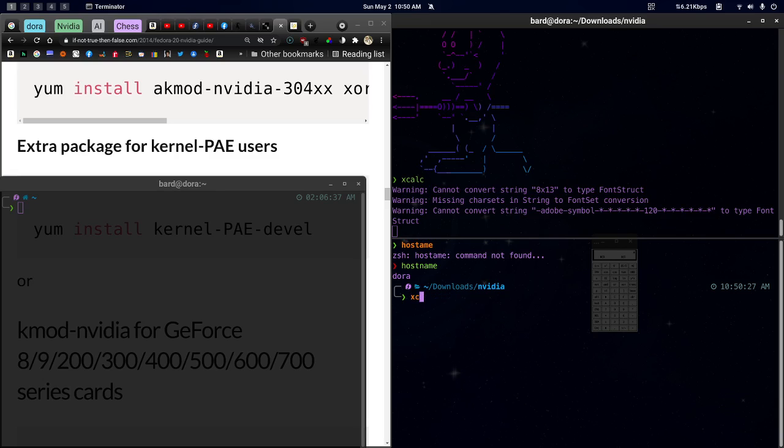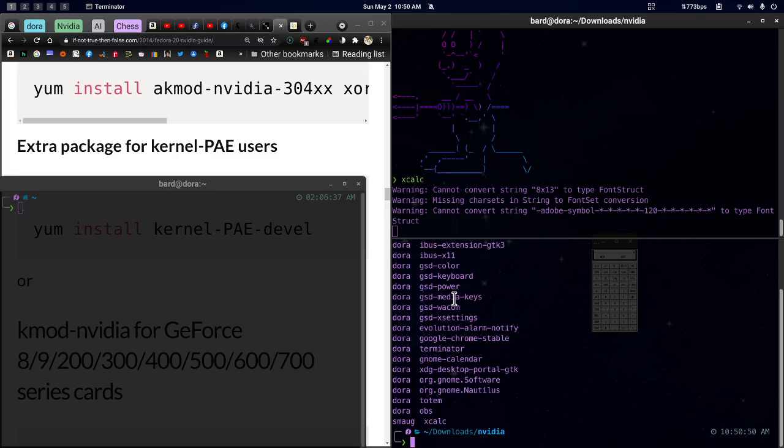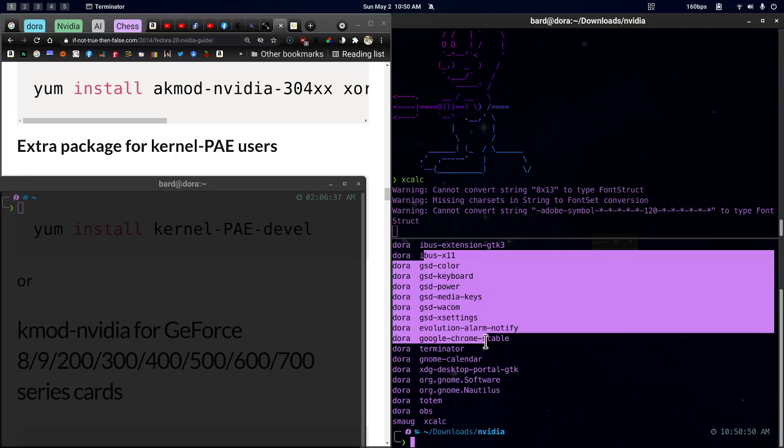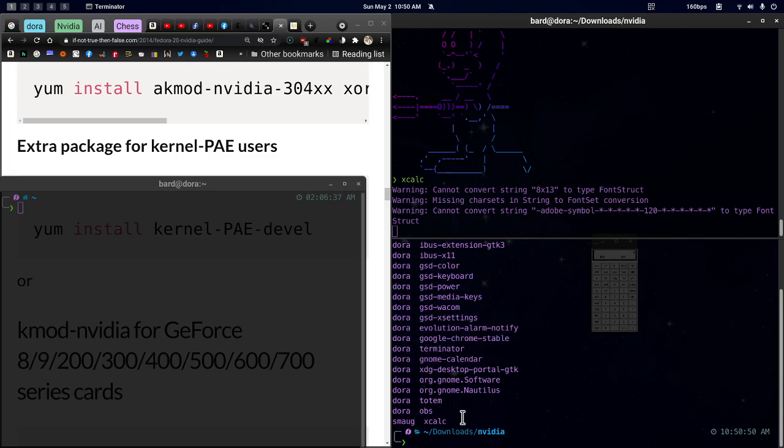And if I do an xlsclients now, what's the matter with this thing here? I can't type today. xlsclients. You'll see here that all of these things are running here on Dora, but this last one is running on Smaug. So mission accomplished. This is something I was unable to get working on Ubuntu, and one of the reasons I